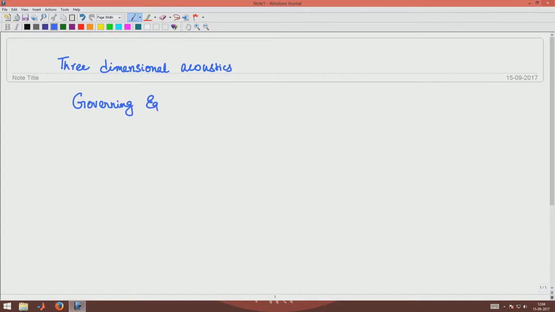You will recall that we had derived the governing equations of acoustics in the early part of the course, and that equation was derived in a completely general 3-dimensional setting. So, the equation if you recall was given in this form: del square p is equals to 1 by c square del 2 p del t 2. Okay. So, we will start from here